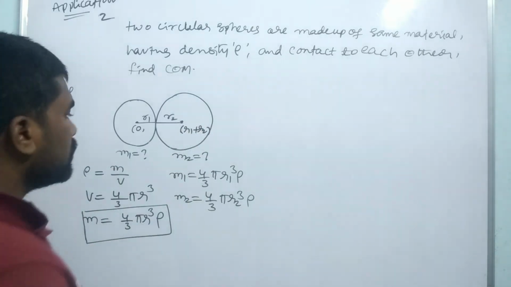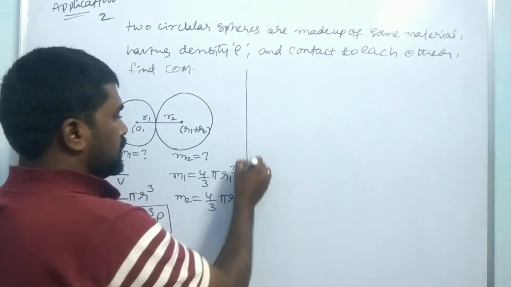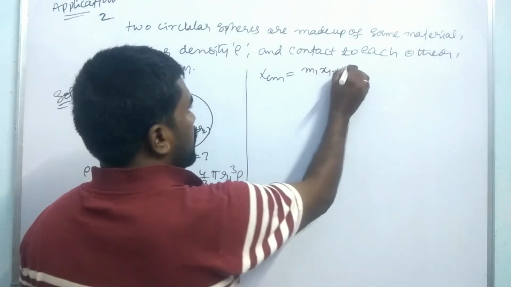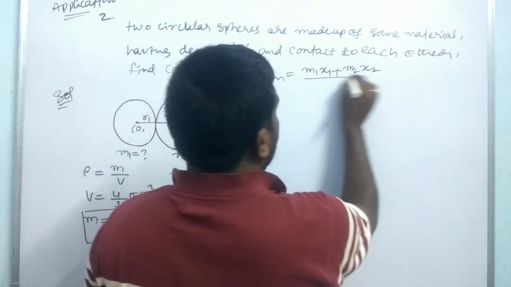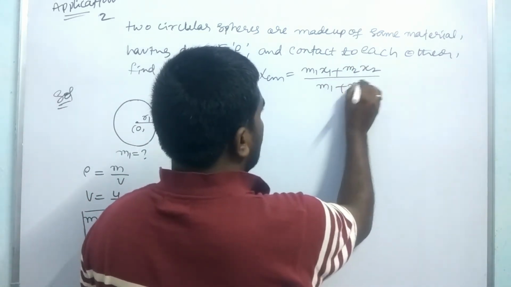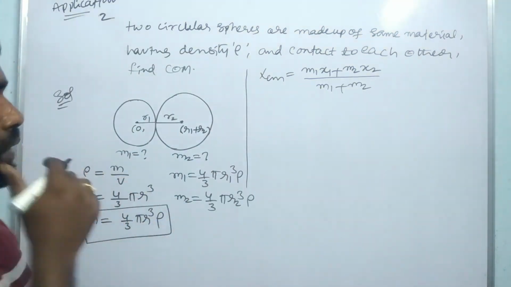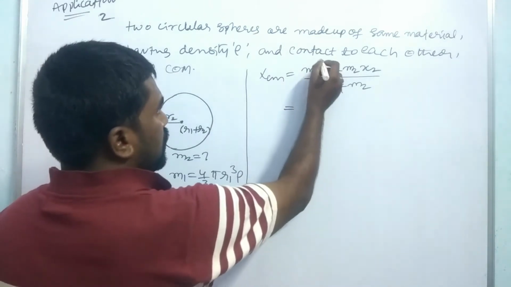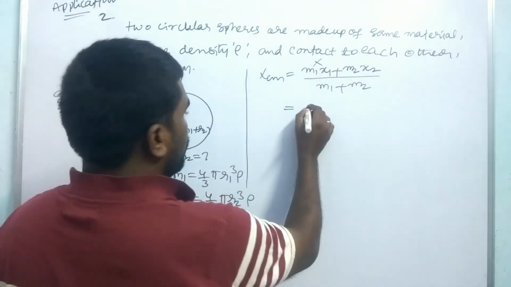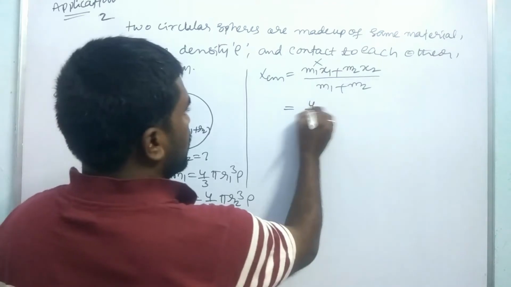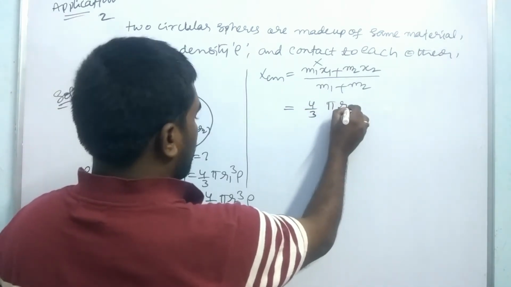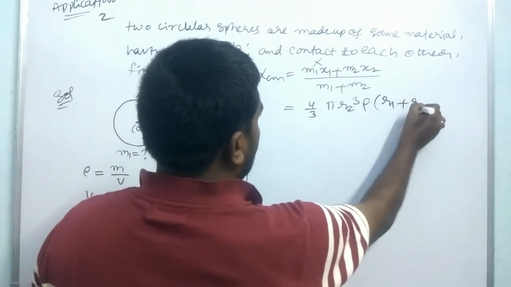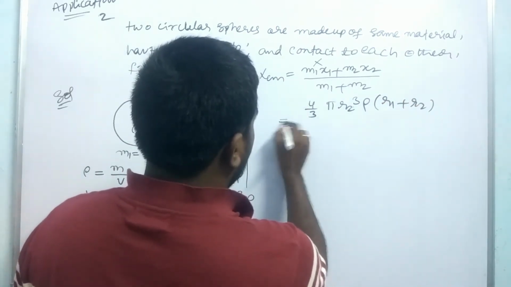Clear? And now let us find the center of mass. Xcm is equal to m1x1 plus m2x2 by m1 plus m2. Here m1 is equal to 0 for x1, so let us cancel out this one, and m2 is equal to 4 by 3 pi r2 cube rho, plus r1 plus r2 by